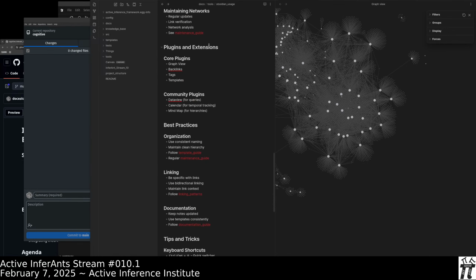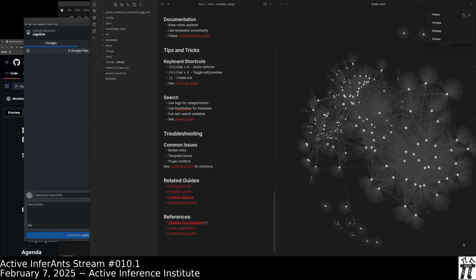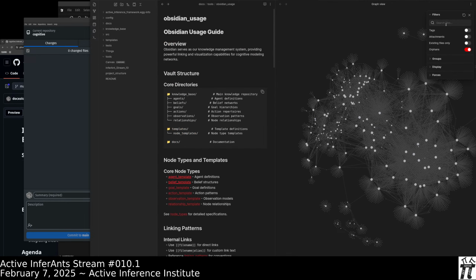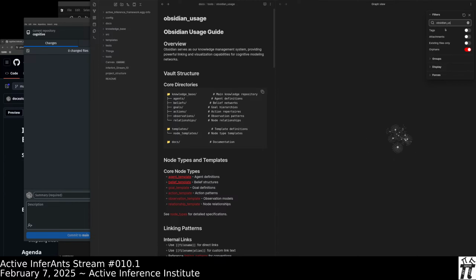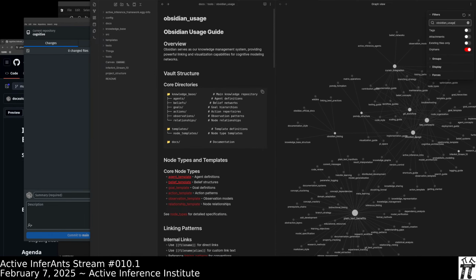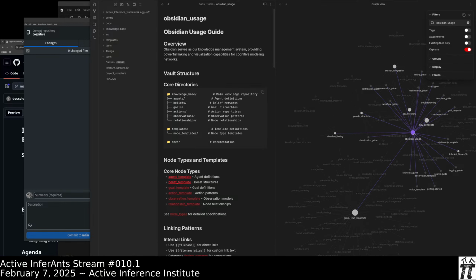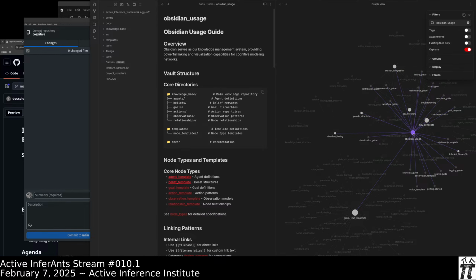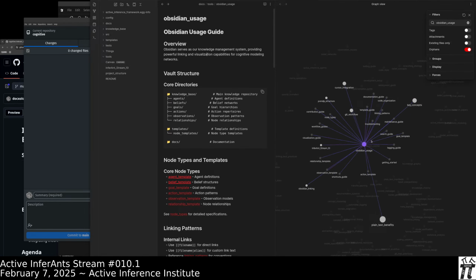And here we have some machine readable information. And then over on the graph side, we can filter down and try to see what's in the neighborhood of Obsidian usage. There's going to be a lot of active inference generative models in this stream as well, but first I just wanted to start this way. So here we are, and when we have our cursor there, we get this colorful highlight of Obsidian usage, and everything that it's linked to in the plain text gets rendered as an edge here. So we can drag around that, play with that.